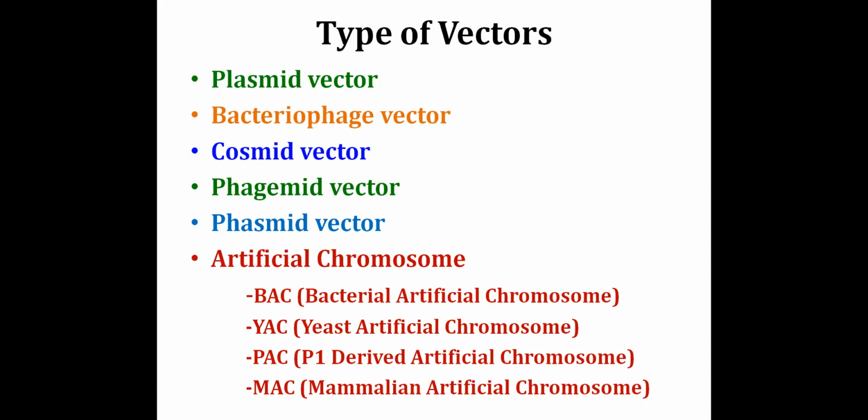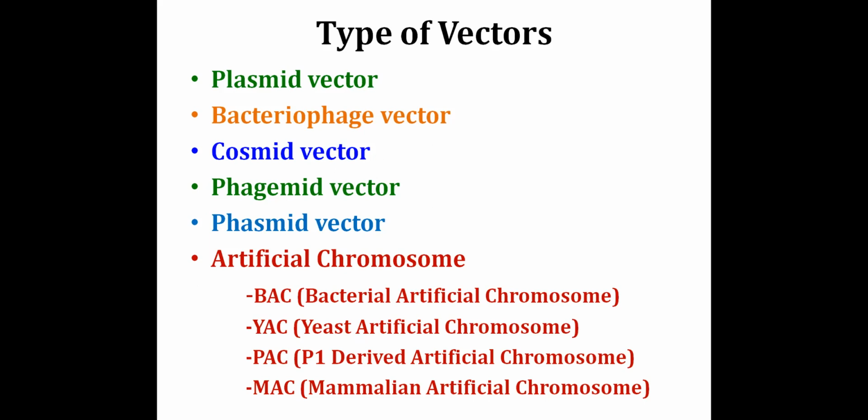The artificial chromosomes are basically engineered DNA molecules which have the capacity to carry large DNA fragments, like 100 to 300, even 1000 kb of DNA fragments. These artificial chromosomes are vectors which carry a very large insert size, and they are used for whole genome sequencing. Like in human genome sequencing, the BAC libraries were used. BAC vectors carry large fragments of the human genome, and then it is used for the sequencing.